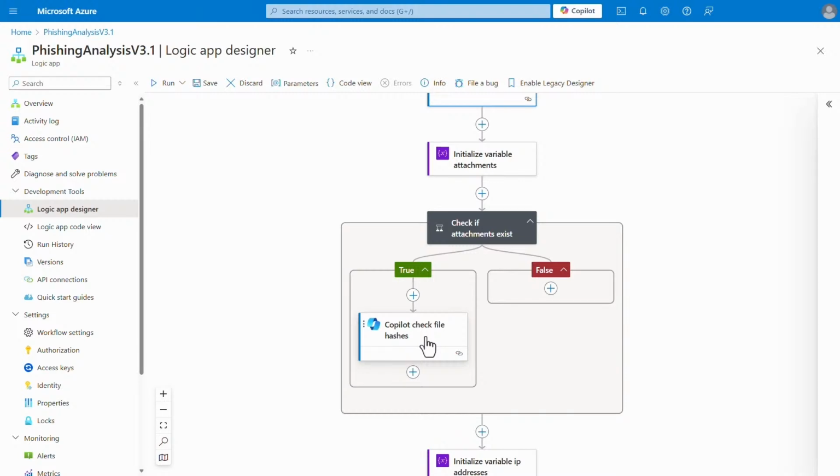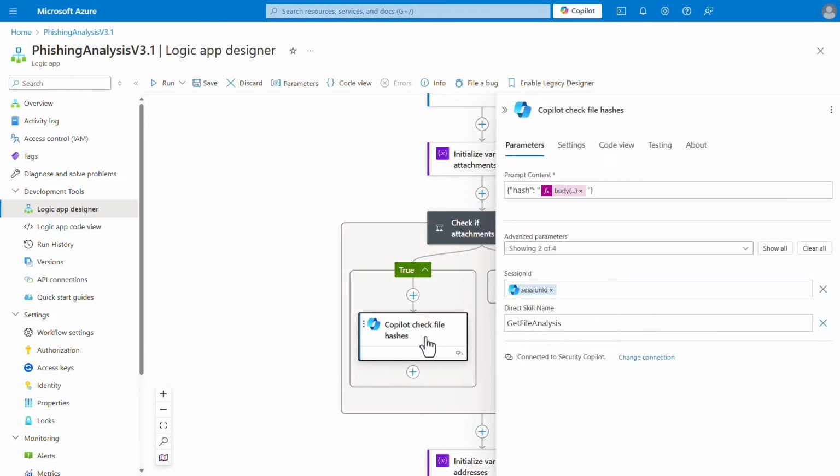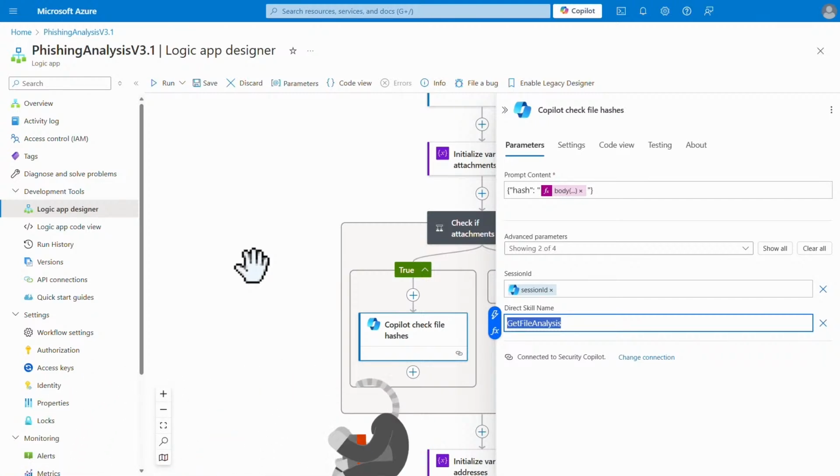Obviously, bad guys like to send attachments. So if there are attachments in the email, we're going to analyze those. Copilot for Security with Logic Apps gives you some capabilities that you might not have known you had before. And what we're talking about here is direct skill invocations.